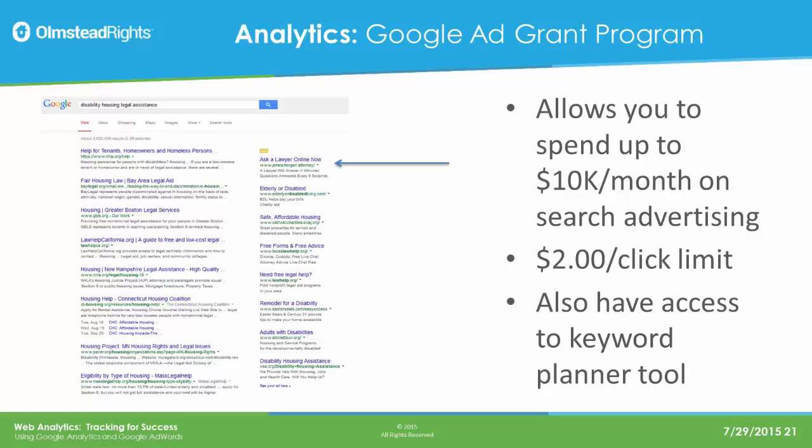What's cool about the Google Grants, and this becomes a real key part of the strategy, is you have access to a tool within AdWords called Keyword Planner, where you can put in keywords, you can put in geographies, you can put in a lot of things, and Google will suggest up to 800 terms and AdWords categories that they would recommend that would hit that criteria.